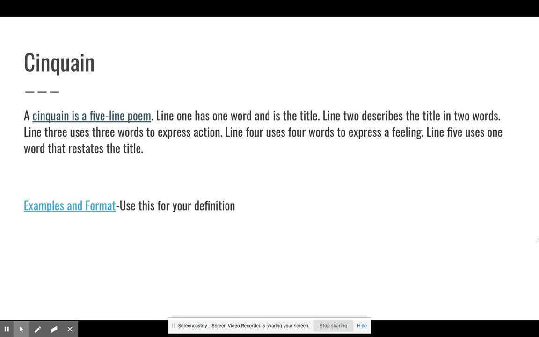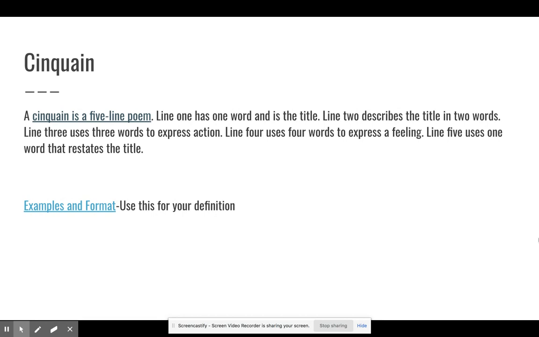Now, there are several different types of poems. I'm going to talk with you guys about 4 of them. And then when you come into class, you're going to be writing poems, and I might say, okay, with your cinquain poem, you have to have an example of alliteration. Or with your haiku poem, you have to include an example of personification. But in order for you to do that, you have to know about different types of poems.